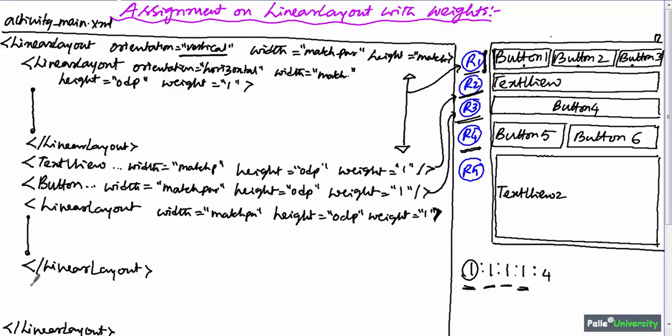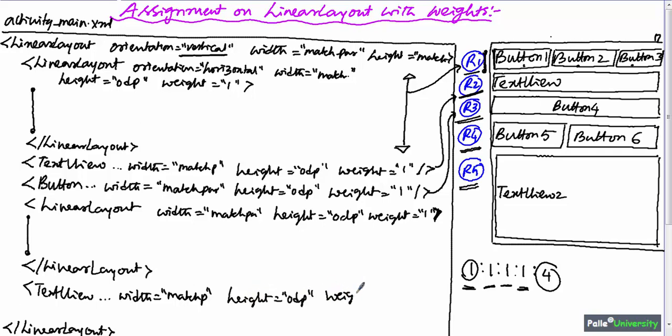Now the last row is a simple text view. So I will create a text view with some ID and with some text, text view 2. That is not important. Now I will take width as match parent, because text view 2's width is match parent. And for the last row, which is a text view, the weight should be 4. So first I have to make height 0 dp, and then I will apply weight equal to 4. This is the end of the fifth row. I hope you understood the brief architecture of this design.